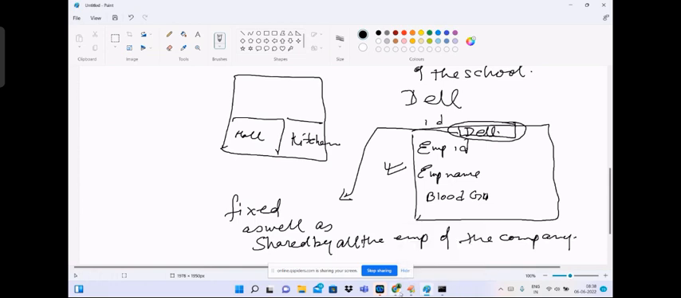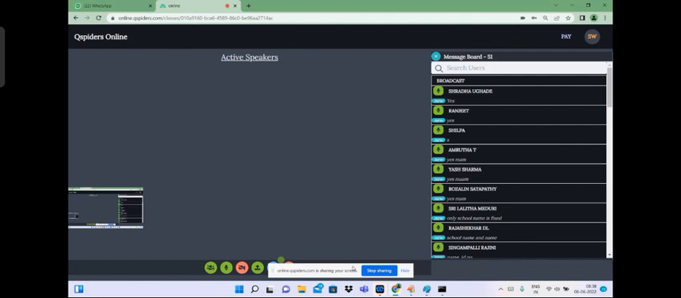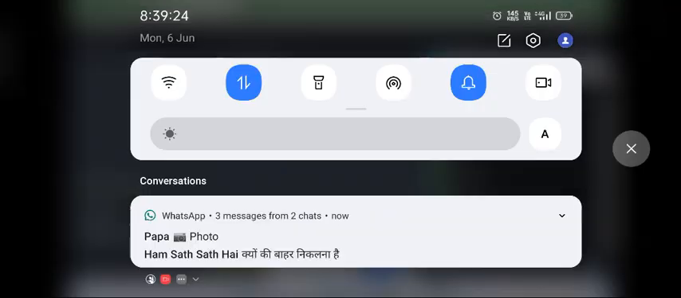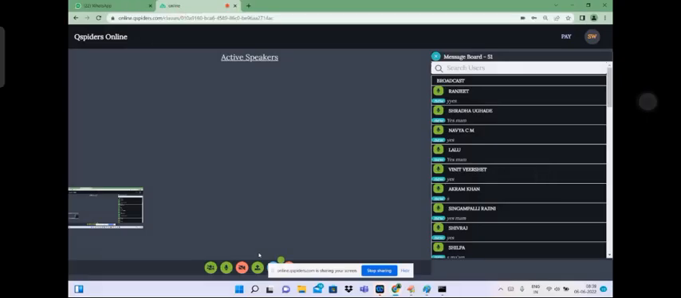Understood the concept of what I'm actually telling you, all of you? Yes. Okay. So it means there is something which is fixed and only one value is shared by everyone. This Dell is only one name which is shared by all of the employees of that company. If Dell is having 50 employees, suppose, assume, then it will not